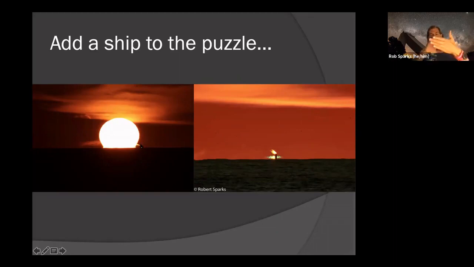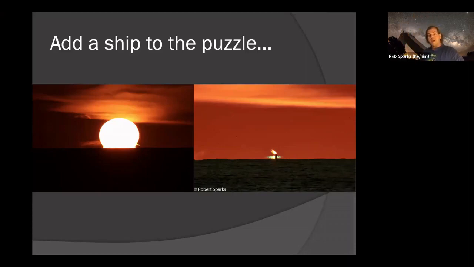Well, not naked eye, but in my camera's viewfinder, on my live view, I'm like, I wonder what that is. What's going on out there? It turns out there was actually a ship in the water right at that point, right next to the sun. And the hot exhaust from the ship's smokestack took that sunlight and bent it back to me.